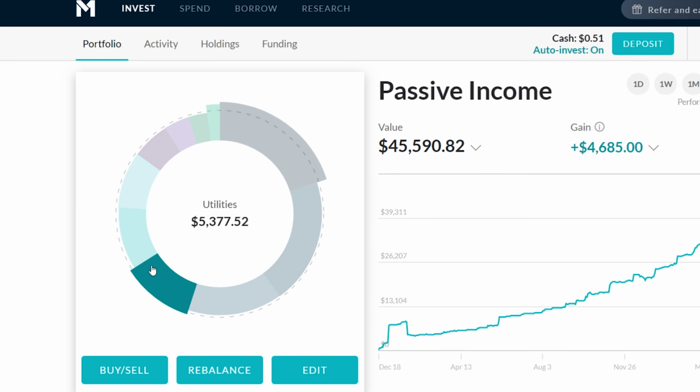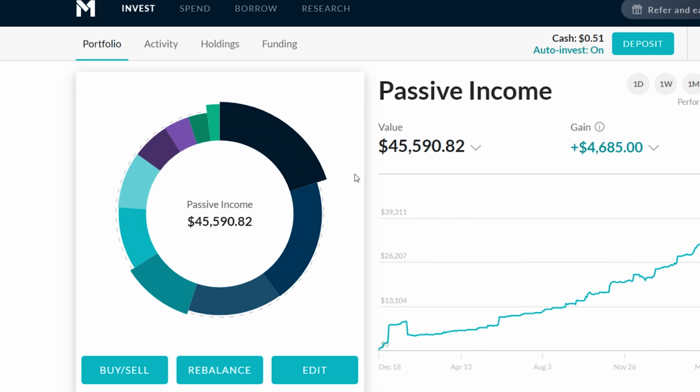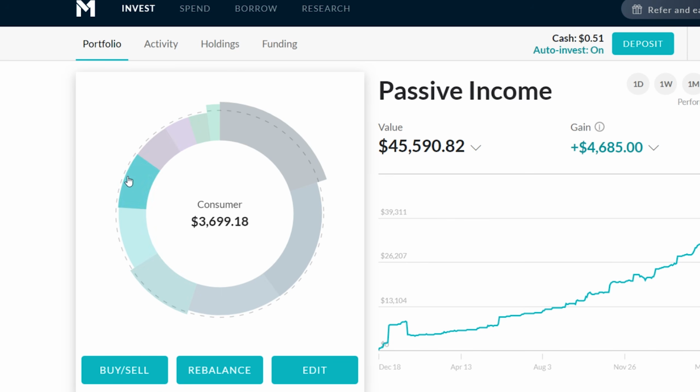Most traditional brokers, if you got paid a dividend from Amgen or Merck or something like that, the dividend would be dripped right back into that same holding. I don't really like that way because it doesn't keep your portfolio in balance. It's likely that the company that just paid you a dividend is one of the furthest away from going through the ex-dividend date again. So what M1 Finance does is it finds the most underweight sector, and then within that sector, it finds the most underweight securities, the individual holdings, and it puts those dividends back into those holdings. So it tries to keep this pie in balance.